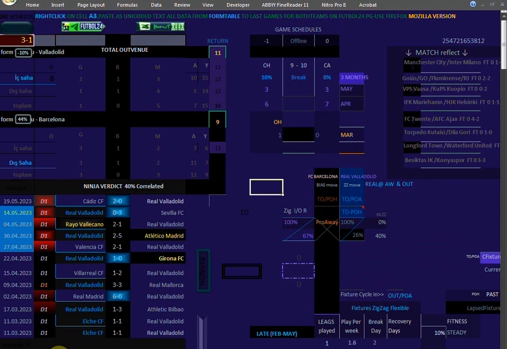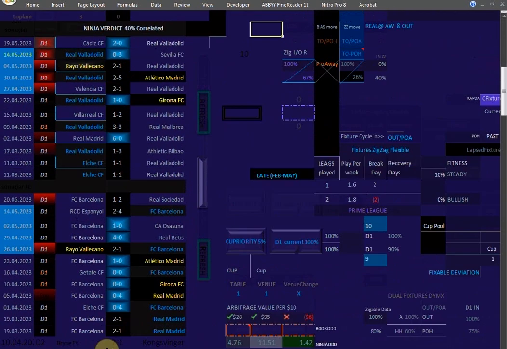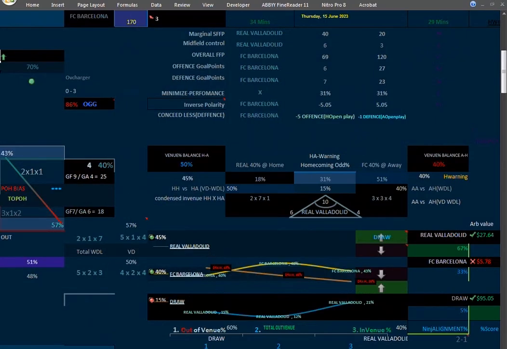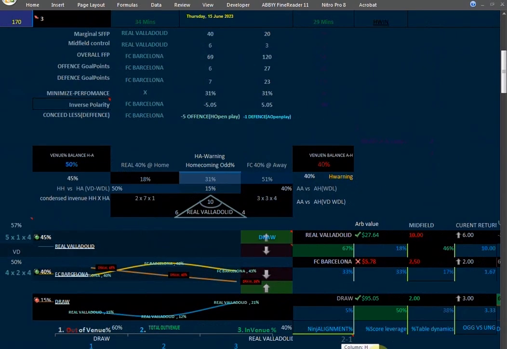Okay, let's switch to Real Valladolid and Barcelona. Back to Spain, and full time was 3-1. Real Valladolid won. Talk about odds of 4, 5, 6. It's a good harvest. Up value, you can check out the up value, the draw, and for Real Valladolid is